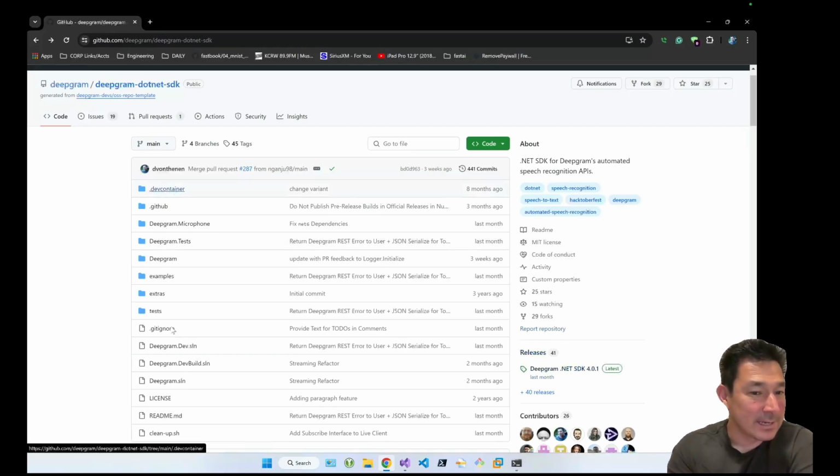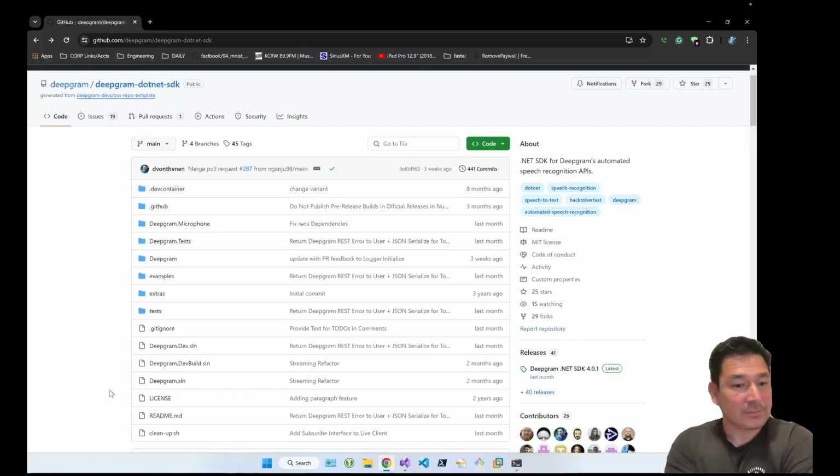And if we look at the layout of the SDK itself, you notice there's a lot of change, right? The first thing I want to point out is your entry point into the project and the SDK. We have 3 solution files. The first one has been around for quite some time. It's the deepgram solution right here. This effectively allows you to build the core components of the SDK. So this is literally the SDK itself and this deepgram.microphone project, which I'll get into a little bit later.